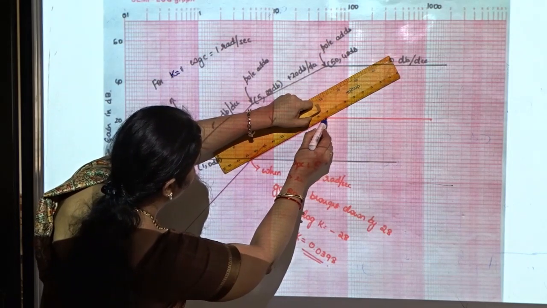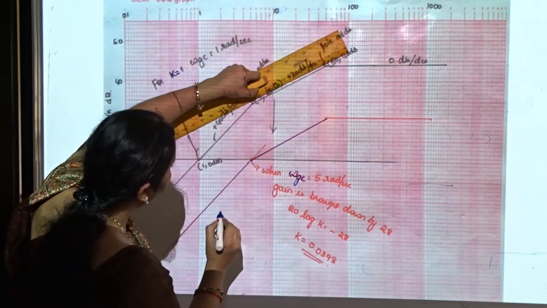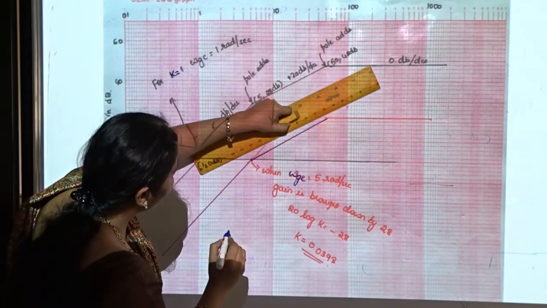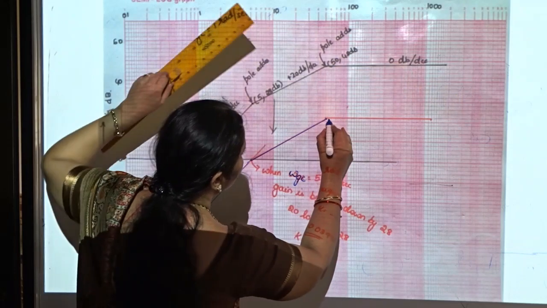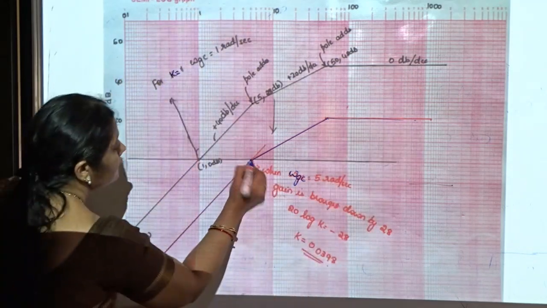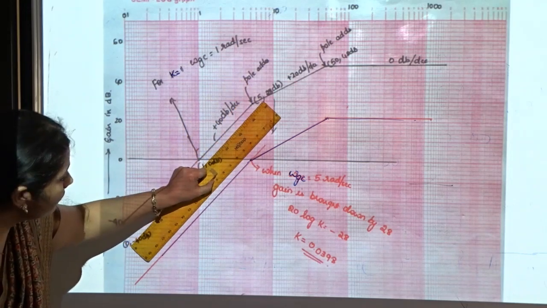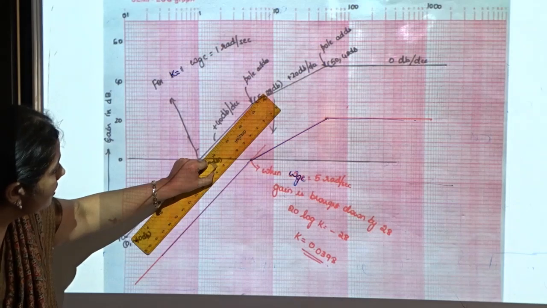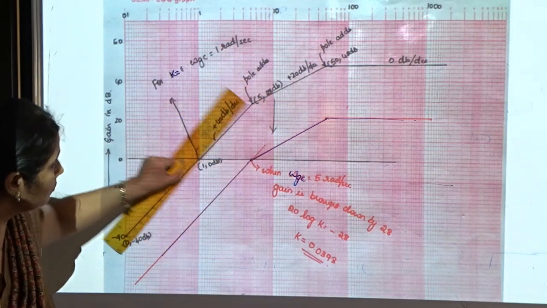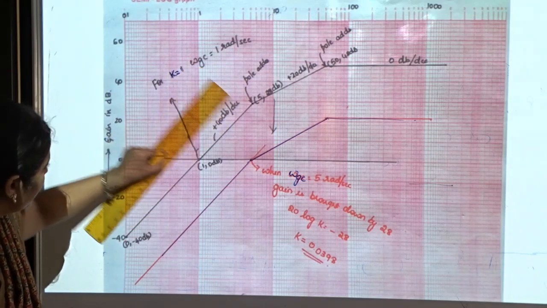Draw the slope here, because at 5 the slope is changing. Just draw parallel and bring it down. At this point, again at 50, it changes. So draw the straight line. Now this is 5 radians per second. Pull this down to whatever value is being asked. In this case it is 5. If it is 3, you can stop here. If it is 10, you can stop here. In case they ask around 0.2, you have to take it up.